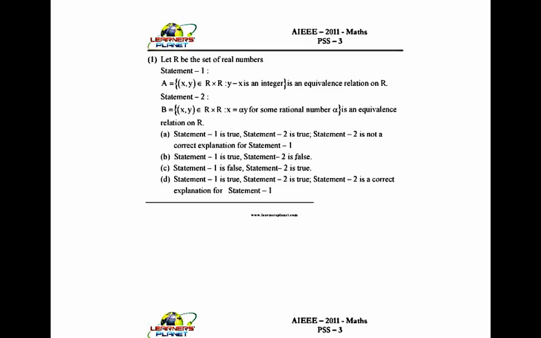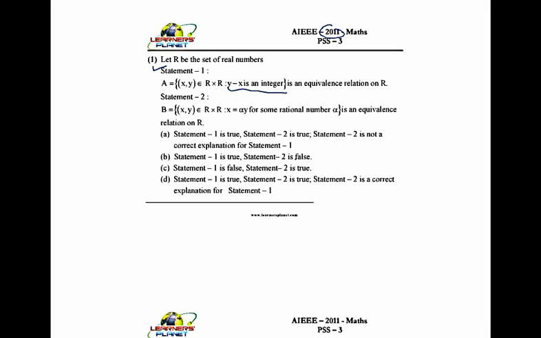In today's class, we will be continuing doing the problems from previous year AIEEE paper, and it is the 2011 paper which we are solving. So this time the question says that we have been given two statements. The statement 1 says